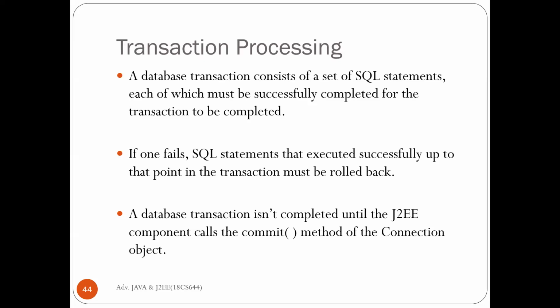So, transaction processing. Let us assume we are doing a transaction in Google Pay. What happens in a transaction is, we will select the sender, obviously our account. We will select the from account and the to account, that is, to whom we want to send the money in Google Pay. Then we'll enter the amount and click on the transfer button.